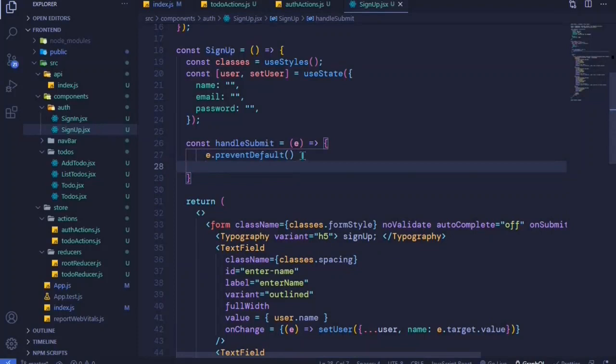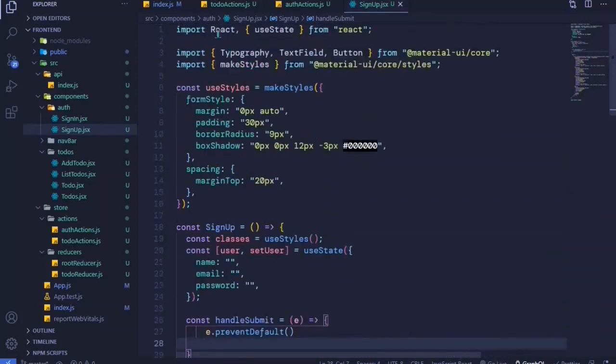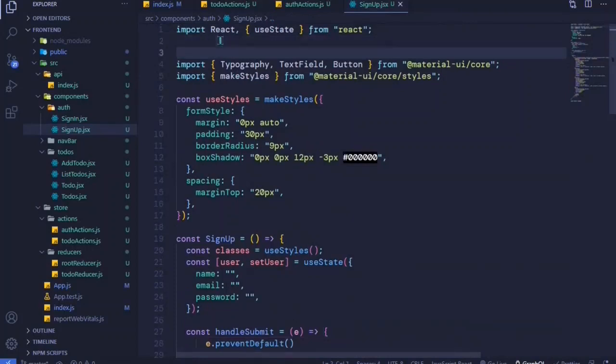So to dispatch an action creator, we will need to make use of some Redux hooks, and the specific Redux hook is the useDispatch hook. So right here we can import useDispatch, and this will be coming from React Redux. So I import useDispatch,